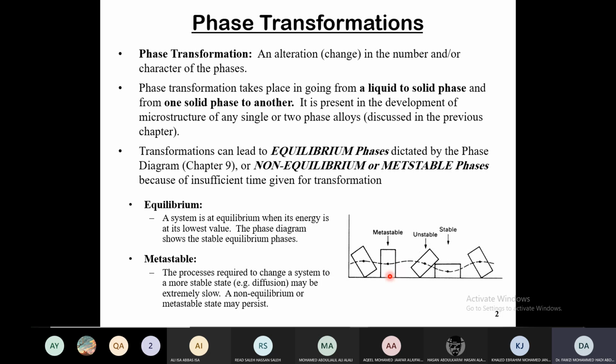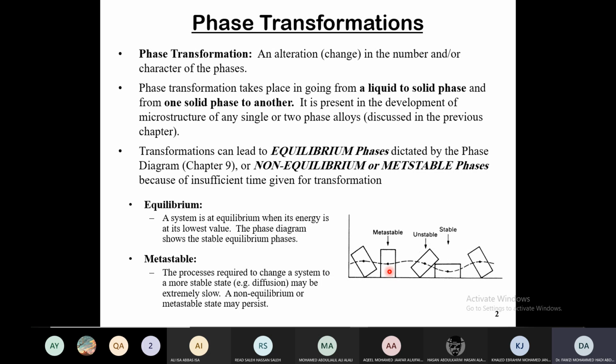But metastable phases, on the other hand, are usable. Why? Because they do not change. Even if there is a change and it is a non-equilibrium phase and it could go to lower energy, it's not at its lowest energy level, but it takes a long period of time to change. So that's why it's practically used, unless we need to be cautious that, for example, we don't use metastable